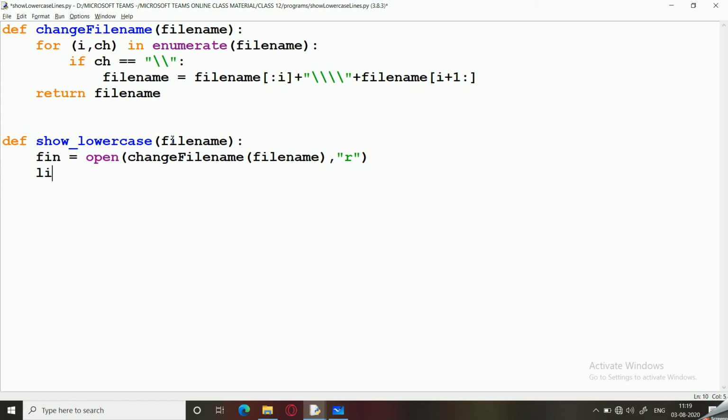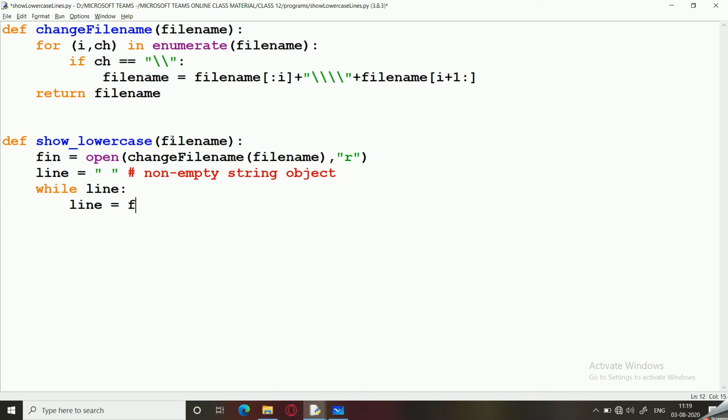So we will be taking a line string object over here, a non-empty string object, and then we would be using while line, that is while line is non-empty, continue processing.